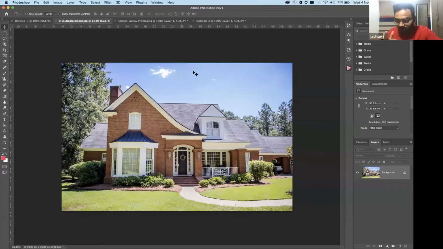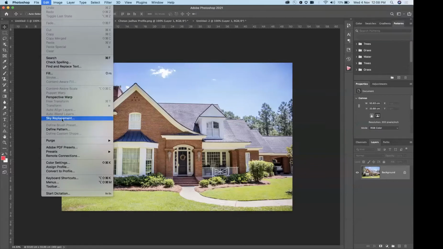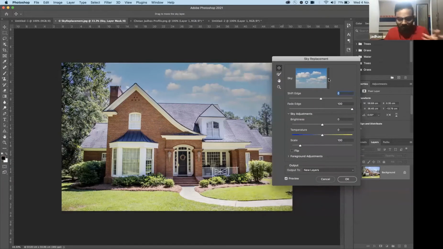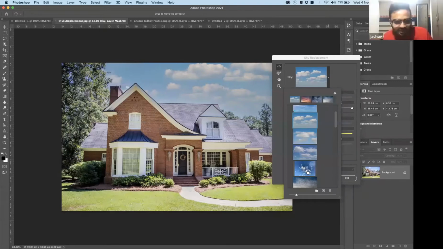Okay, so for this particular sky replacement, I'll go to Edit, and here I have this option called Sky Replacement. So I click here. What will happen is that I get this panel of Sky Replacement, and that's it. You see my sky got replaced with this particular sky, which I have in my drop down. And not only that, I can go and see further options of what different types of skies I have. Maybe this is a good sky I want in my shot. I'll click here. You see the sky will get updated.